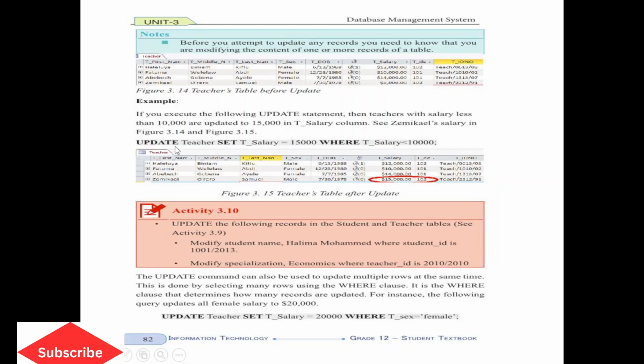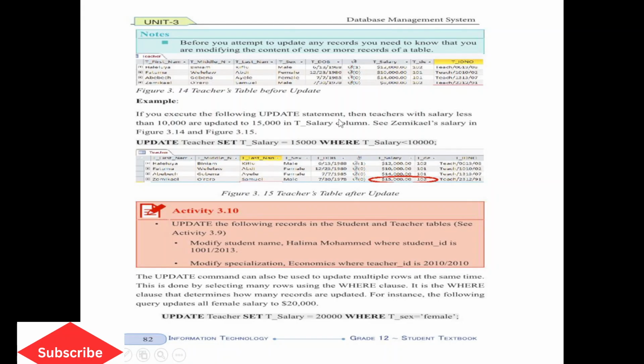It says UPDATE, with the name of the table, teacher. SET the field name teacher salary to 15,000. This is the value that should be updated.